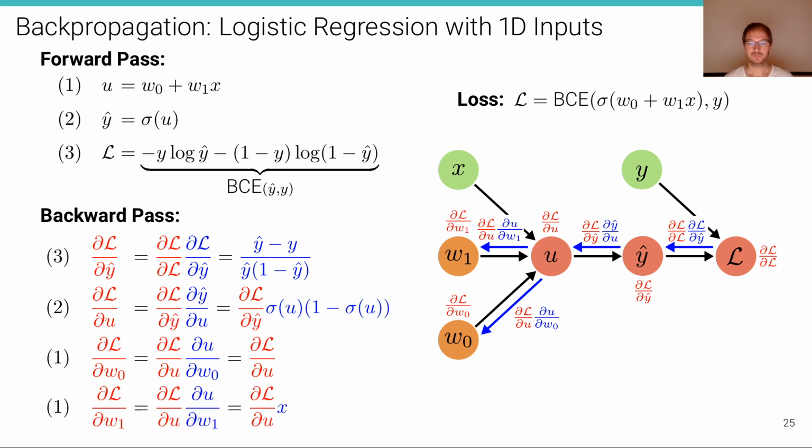And we can do the same thing for W1. The gradient with respect to W1 is the gradient of L with respect to u from the previous iteration times the gradient of u with respect to W1. The gradient of u with respect to W1 is x. So we end up with the gradient of L with respect to u times x. And again, of course,